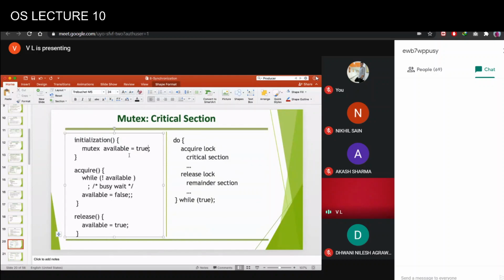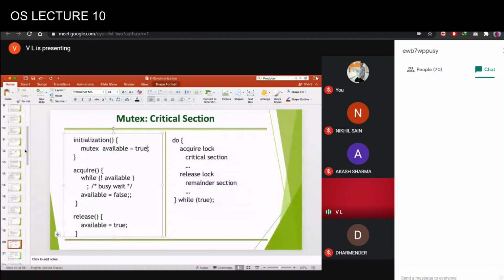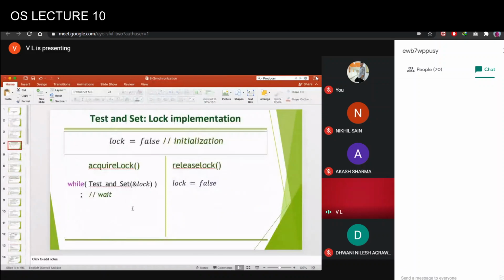The very first process which gets to execute this acquire function is atomic. I told you that to implement this function, the operating system will be using this test and set condition to ensure that other processes cannot access it. We discussed that implementation in the last class. This was the implementation. So behind the scenes, the operating system will be using this to ensure that the lock is acquired by only one process. Okay.